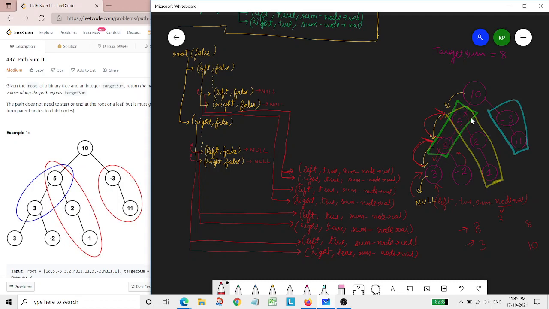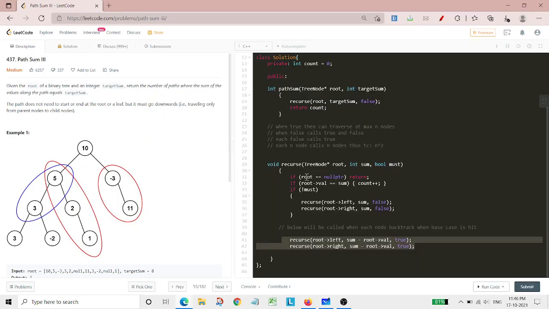Where it encounters root value equals to sum, at this portion. Our root becomes this. Earlier 5 was here, but when it goes again into that recursive call, it goes towards this particular node, and this node now becomes 3. So when this becomes the root, it will check whether this root value is equal to sum. Now our sum is this 3, and it is simply equal to this.